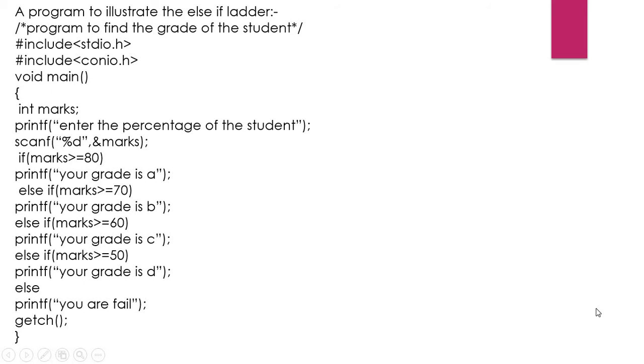This is a simple program to find out the grade of the students. The input variable allows the user to enter the marks, and through the if condition it will check whether the mark is greater than or equal to 18. It will go for the true statement: you have received A grade. One more condition, that is else if the mark is less than or equal to 17, it will print B grade. Like that we go on putting the rest of the conditions, and the final condition is my false, that is you are fail.